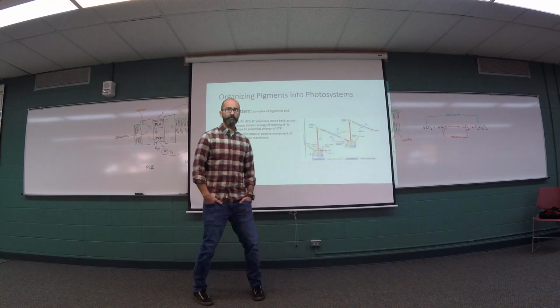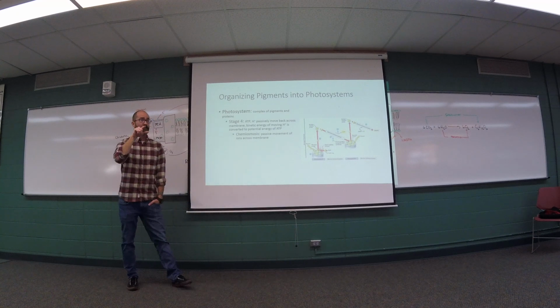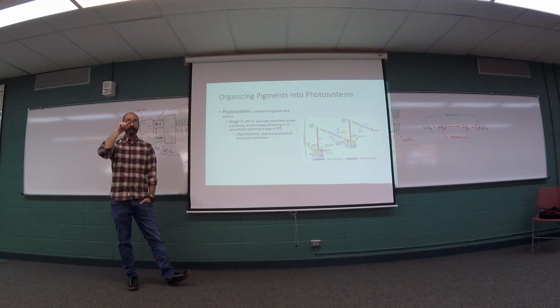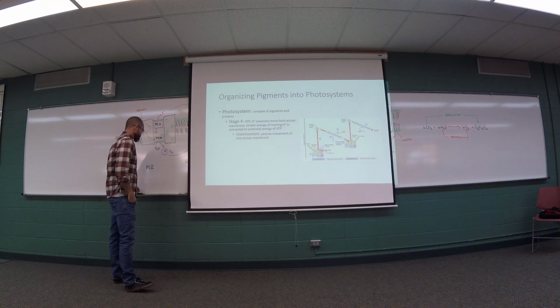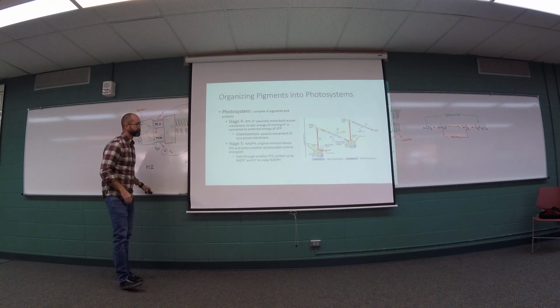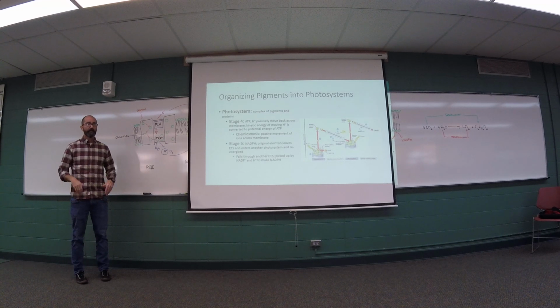After PS1, it can either be used to create more ATP, or some of those protons can be used in the reduction reaction of NADP+ into NADPH. Okay, so ultimately, the purpose of the light reactions is to create ATP and NADPH. We're creating the stuff